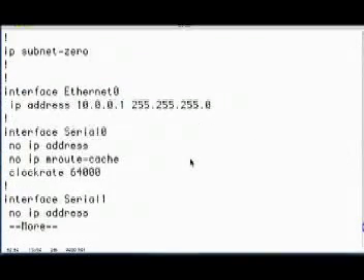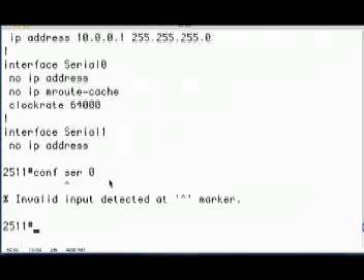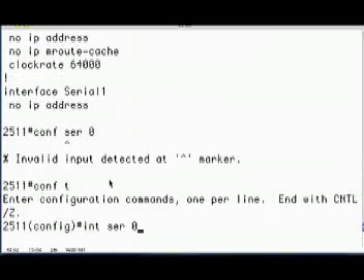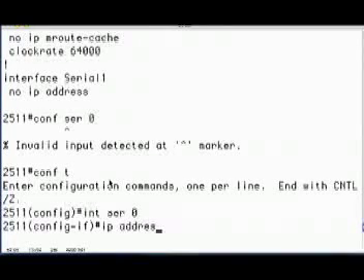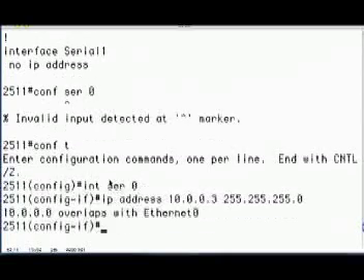I have an IP address on my Ethernet 0 interface. We configured it earlier. On my serial 0 interface, I have my clock rate, no IP address. Don't worry about the mroute cache. Let's fix that. Int serial 0, conf t, int serial 0, IP address 10.0.0.3 255.255.255.0. Oops,